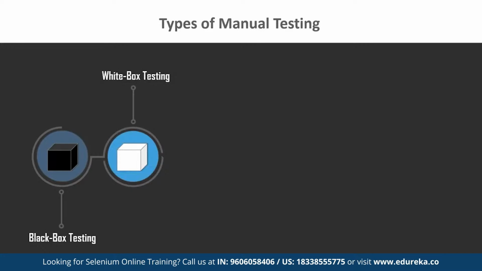Next is white box testing. As the name suggests, in white box testing, the tester knows about the code and the structure of the application. For that reason, it's also known as glass box or transparent box testing. Mostly, this type of testing is used by developers to perform unit testing. There are various white box techniques that can be used by the tester to find bugs and defects, like control flow testing, data flow testing, then branch testing, and then statement testing, decision coverage, and path testing,